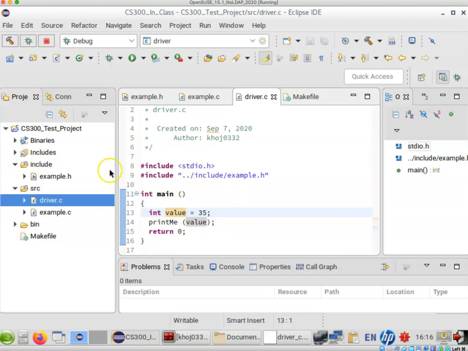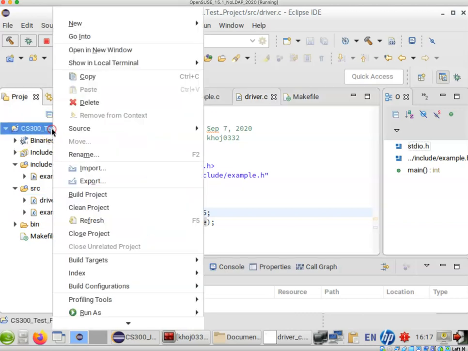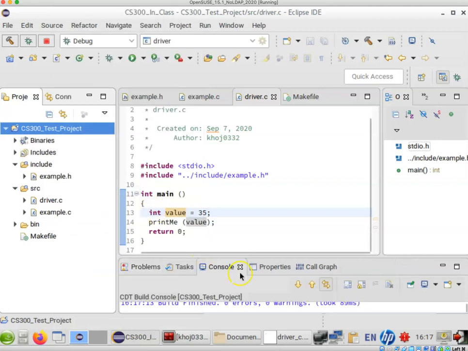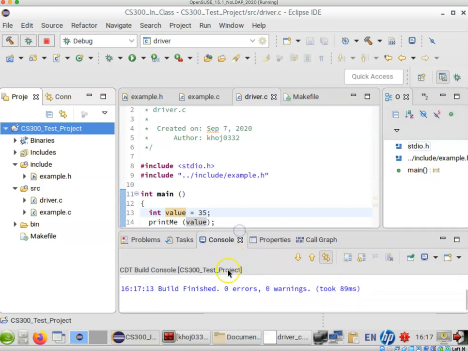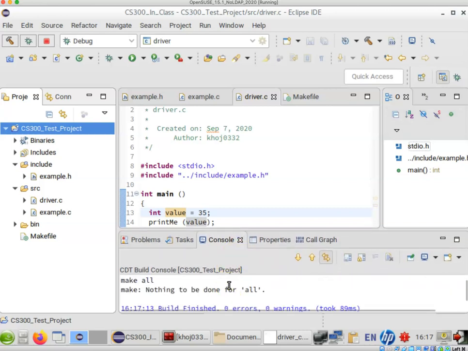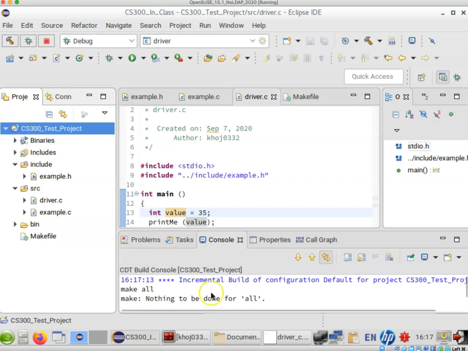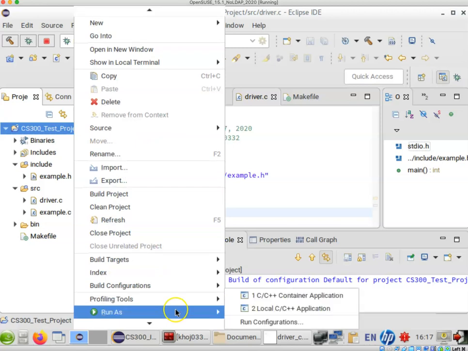And in order to just remind you how to build a project, you right click on the project itself and you can say build project. And what that will do is it will run the make file. So if you run build project, you'll notice down in the bottom here that it will have run the command. Well, in this case, there was nothing to run because it already built it, but it basically will run the make file. Okay. To run the program, you can right click on the project itself and you just do run as local C++ application,